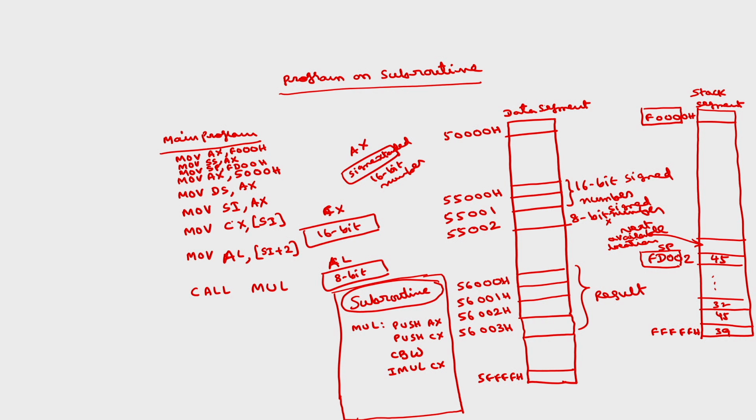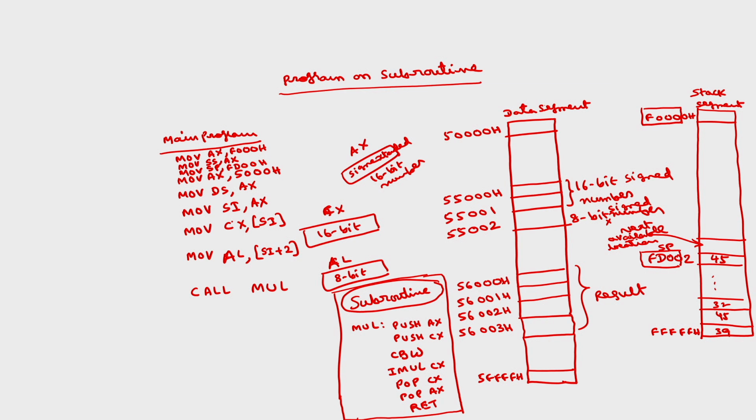Okay. Then before returning to the main program, whatever contents have been pushed will now be popped in reverse manner. Pop CX, because the stack is a last in first out structure. So pop AX, then return. These are the set of instructions which basically multiply. Before the multiplication, because we want either 16 bit multiplication or 8 bit multiplication, you have to make both the operands the same size. So here one operand was 8 bit, so we converted it into 16 bit by using CBW, then we return back.